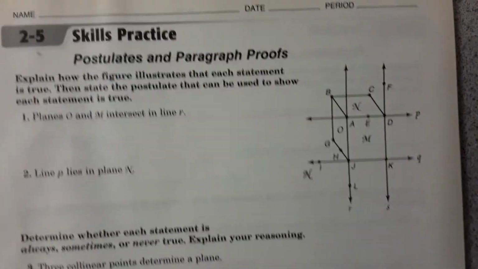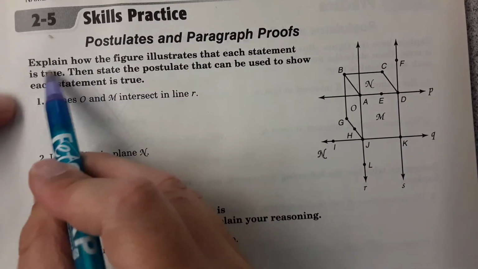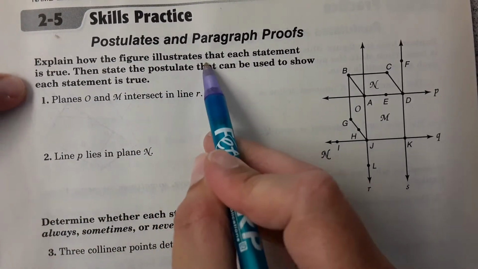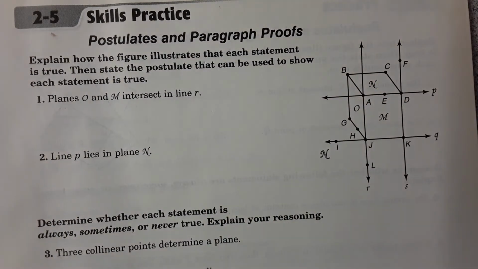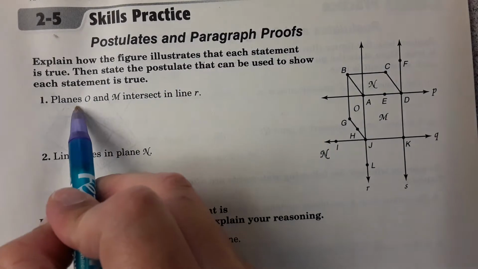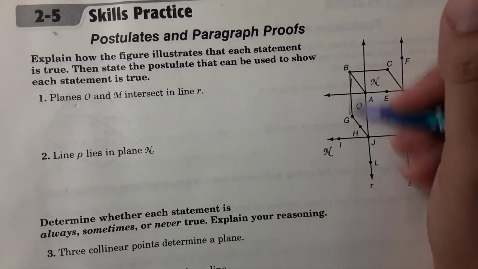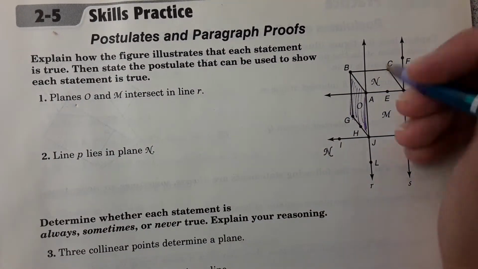Okay, so for number 1, it says explain how the figure illustrates each statement is true. State the postulate that can be used to show each statement is true. We're going to focus on the postulate actually. This says that planes O, so this plane right here, and M